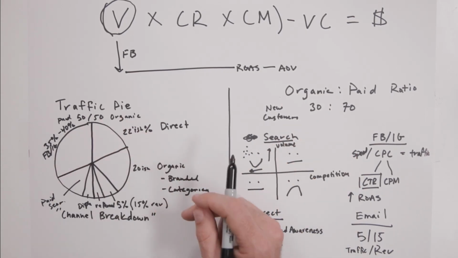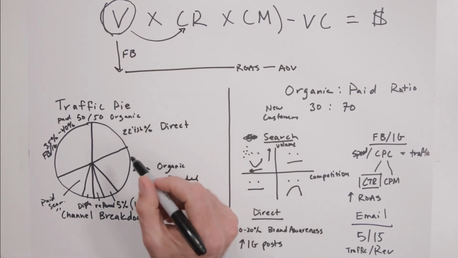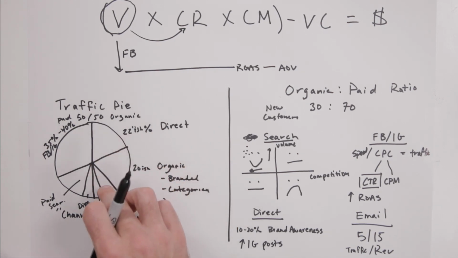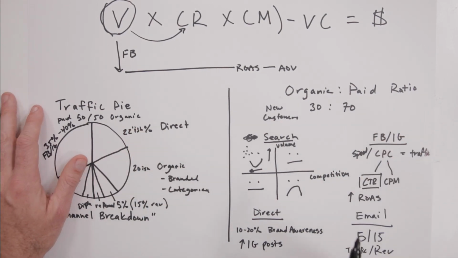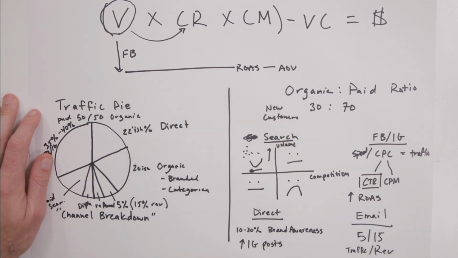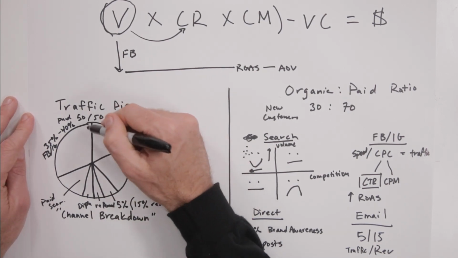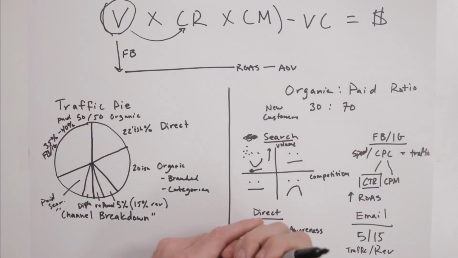The next thing to do with this is, as we begin to look at conversion rate next, to help make a decision about which traffic to focus on, we'll begin to understand conversion rate by channel and which traffic is not only the highest in volume, but of the most value to us. So, as with any great investor, especially in this time of market tumult, diversification matters. Diversification is a sign of health and sustainability. Really understanding those organic to paid ratios of both your traffic pie and your new customer acquisition is critical to success in this formula.